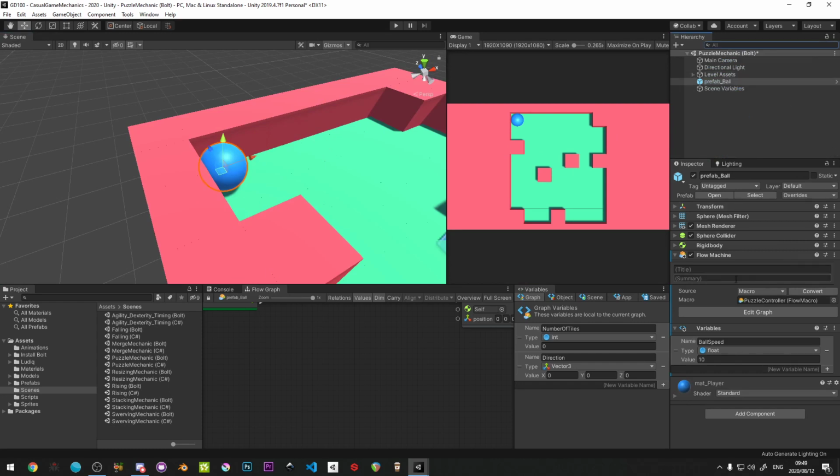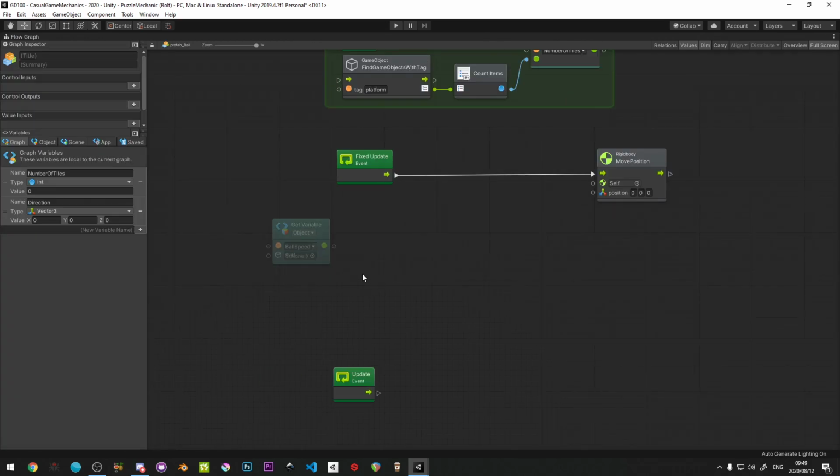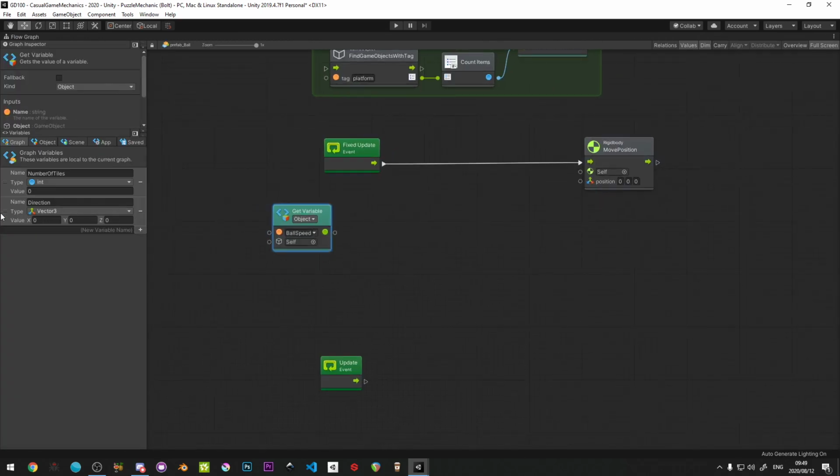So before I forget, I just want to make sure that I lock. Actually, let's leave it unlocked and see what happens. I want to see if he just tries to escape the scene, if you will. Okay, so now that we have direction and we have ball speed, we're going to do something to add force